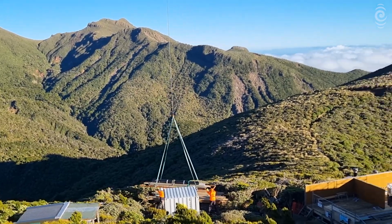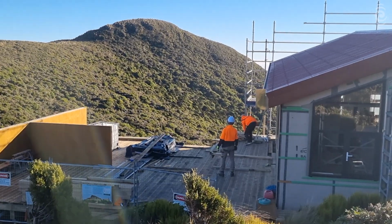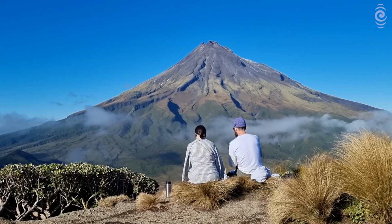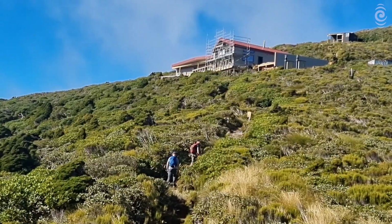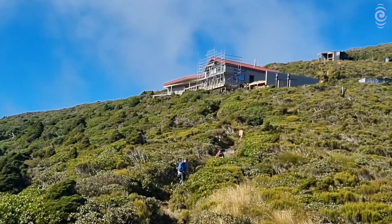Certainly, we're right on that subalpine zone, so temperature can drop on you pretty quick up here, and otherwise you get beautiful days and lots of people coming past as well. You can see the locals, because all the locals are really interested in what's going on up here, and they all want to come up and stay. And then you can see all the tourists going past, heading through to the Tarns, looking for the hut, which